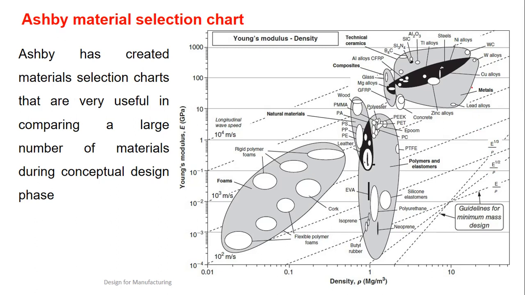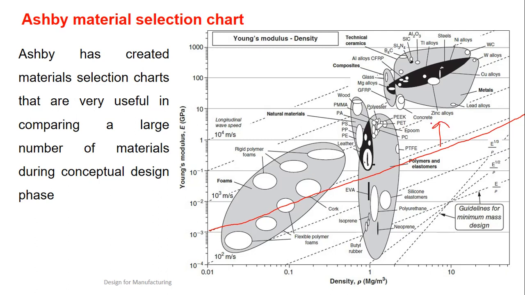Now let's say I am interested in some material X or Y. I will do all my technical calculations and I get a ratio of E by rho. E is nothing but Young's modulus, that is the material property, and rho is nothing but the density. Depending upon that I can get a ratio. Let's say that ratio is somewhere around 10 raised to -3. So I will get this curve. This line is defined by, let's say, E by rho, that is density.